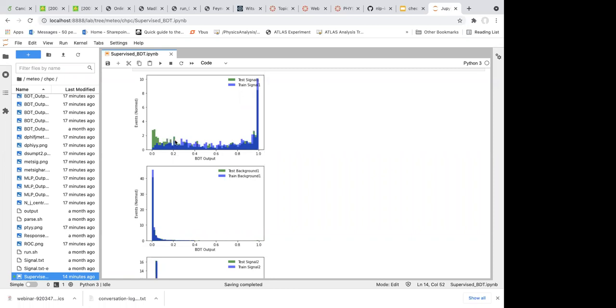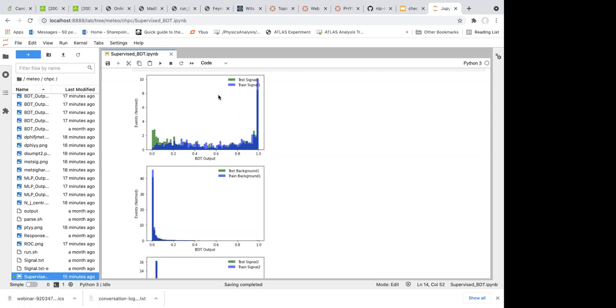You can ignore these fluctuations because they're totally different data sets. You can have some fluctuations up and down, but you should expect that the whole distribution should be roughly the same. That shows that your classifier works on the training sample and also works the same on your test sample. So if you have a new, totally random data set, it will give you the same performance. It's not that this classifier will only work on a given sample. It can also work on any random new sample, as long as the property of the new sample is the same as the training sample.